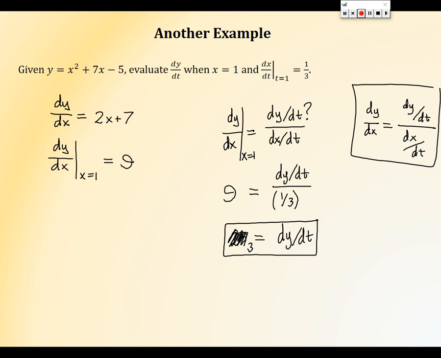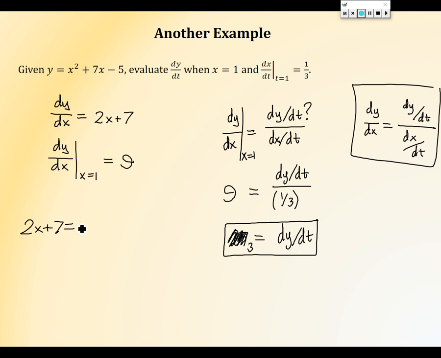So you just plug in, instead of making it 9, just keep it to the 7 and then get the function. So you do 2x plus 7 equals dy dt over 1/3. Is that allowed? Is that 2x plus 7 equals dy dt over 1/3? Yeah. Oh, I see what you're saying. So 2x plus 7